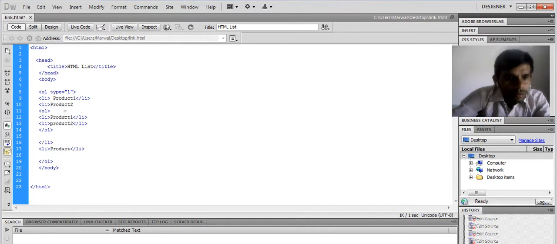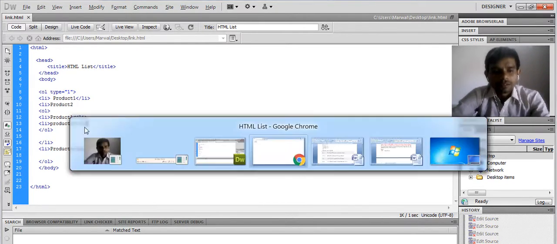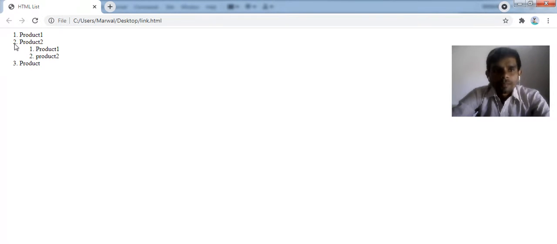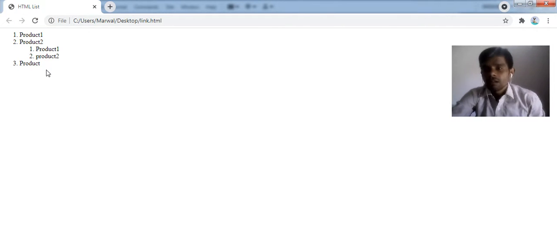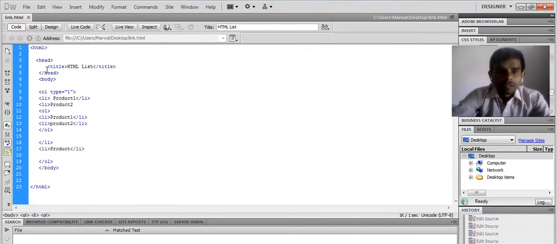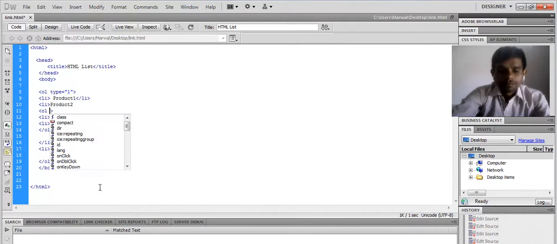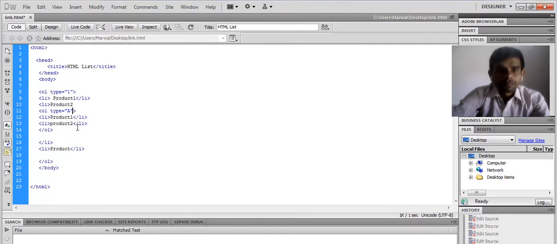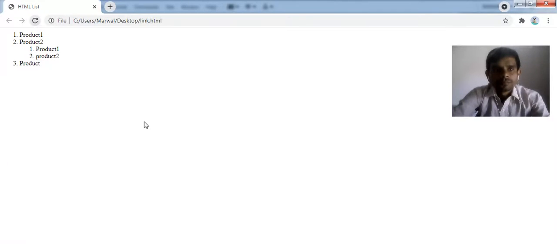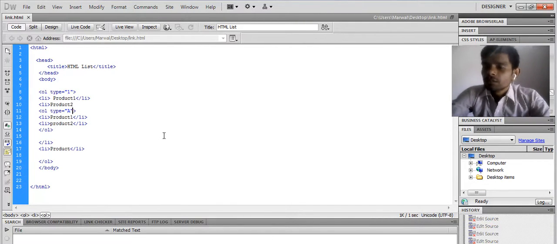Let's see what happened when I do this. See this: 1, 2, and this is a part of 2, 1 and 2, this is third, this is 3. It means we can create a nested ordered list also. If you want to start your ordered list as you wish, you can use type over here and start according to you. You have a lot of options, and by using those options you can create an ordered list.